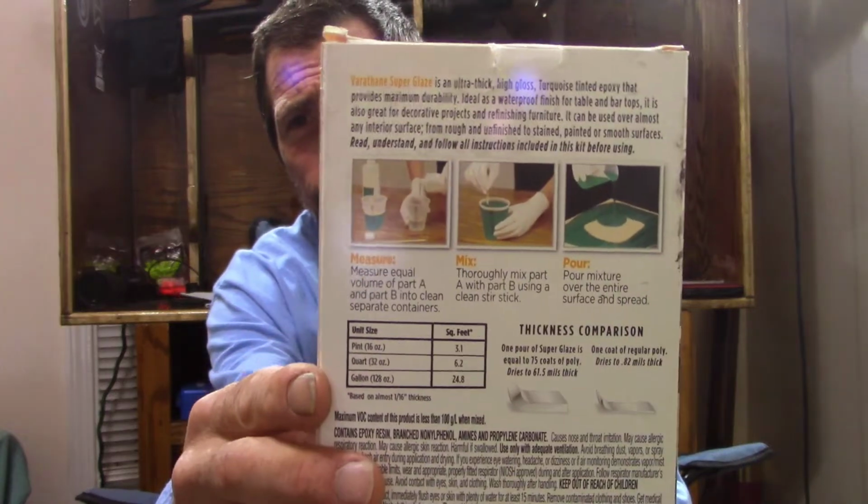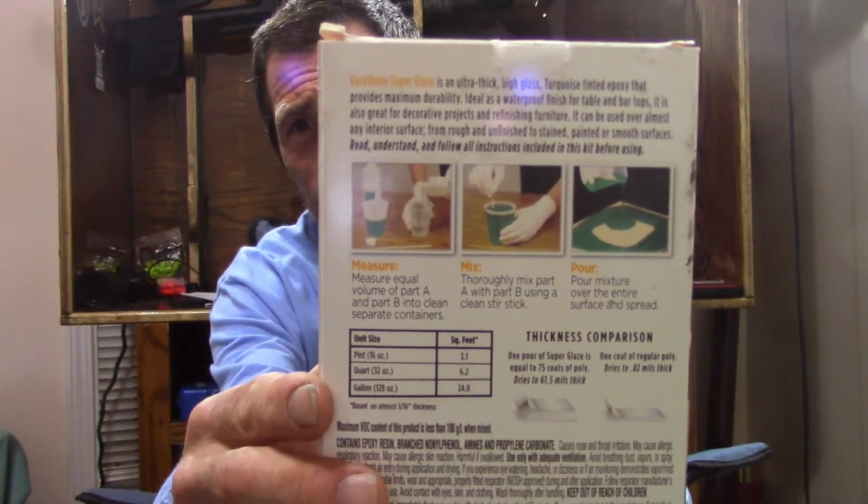Now this is a pour. You mix the 2-part epoxy up in your container. You stir it for like 3 minutes. You let it set. I don't know, you can get the box and read it, I'm not going to read all this. You let it set for a minute, and you come back and stir it some more. And then you pour your epoxy